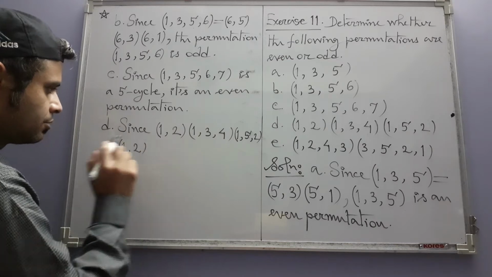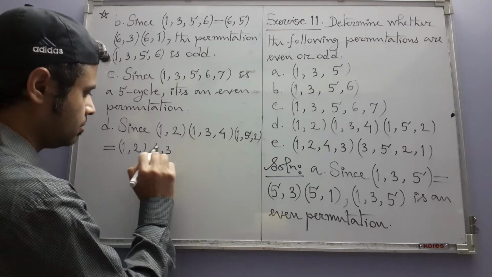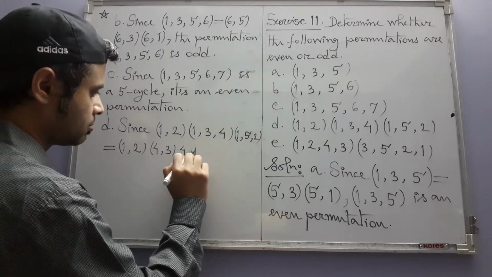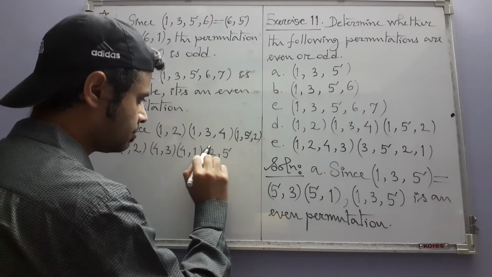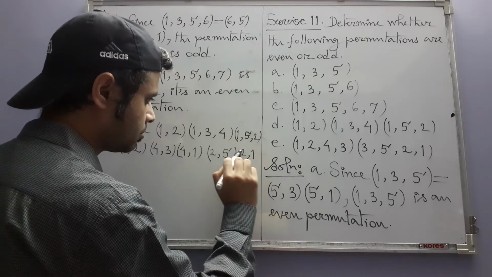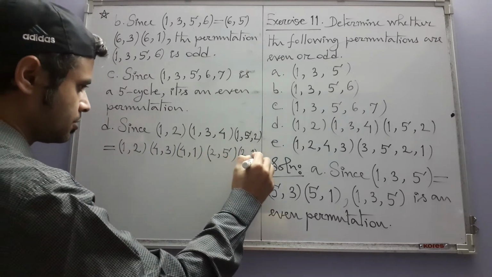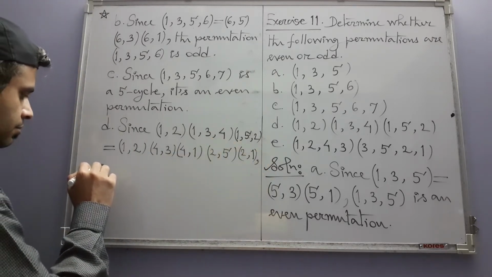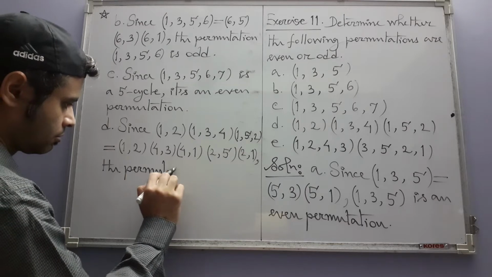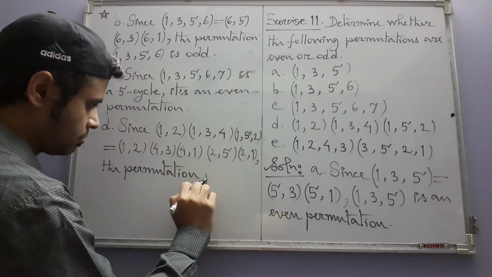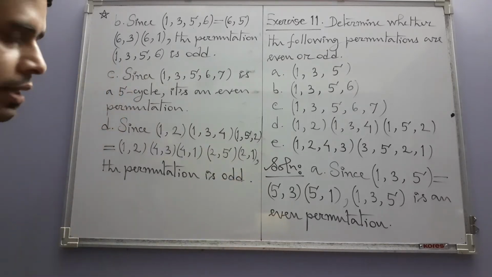The first one we don't have to do anything because it is a 2 cycle itself. For this one we write (4 3)(4 1). Just like that, for this one we write (2 5)(2 1). So how many 2 cycles? 1, 2, 3, 4, 5, which is odd. So the permutation is odd, and you can decide this fact